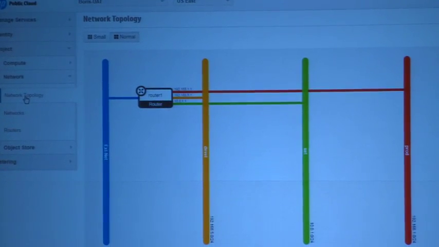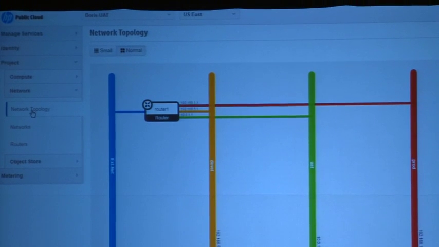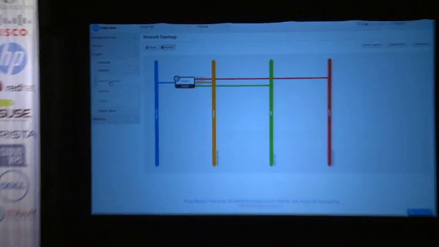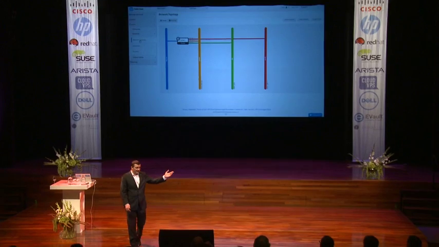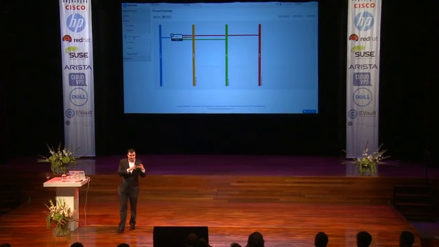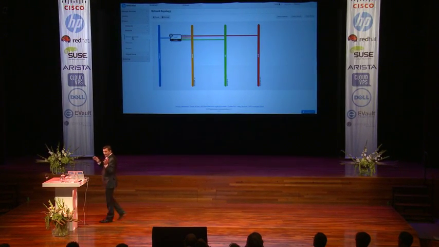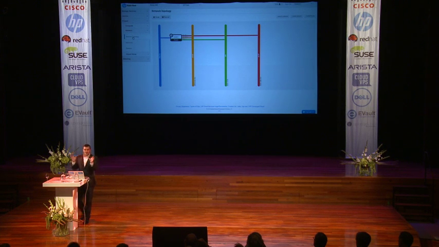So now I have 3 separate networks, 3 IP address ranges, all connected to the router with an external gateway to the net, right? And all this, again, is solved by SDN. There's not a real router. The router is just an object in OpenStack. So are the networks. Everything is built on Neutron. So now that I've done that, I'm going to go into my compute area, and we're going to review access